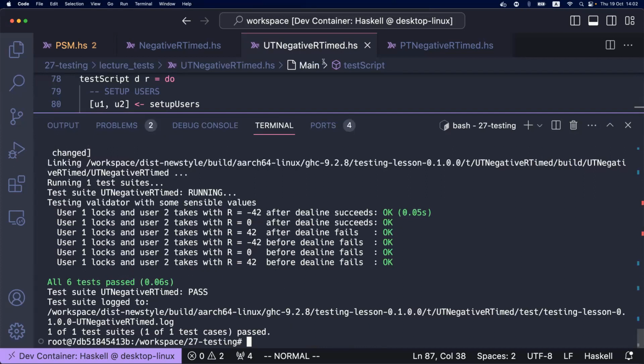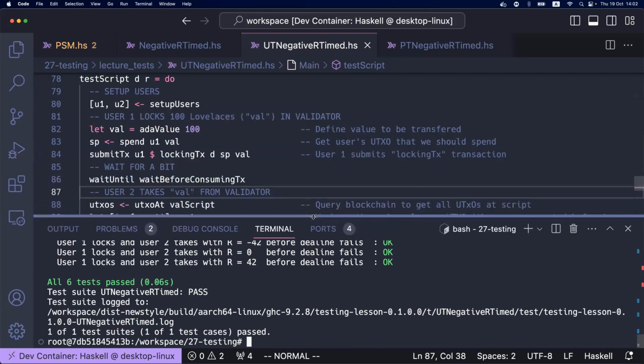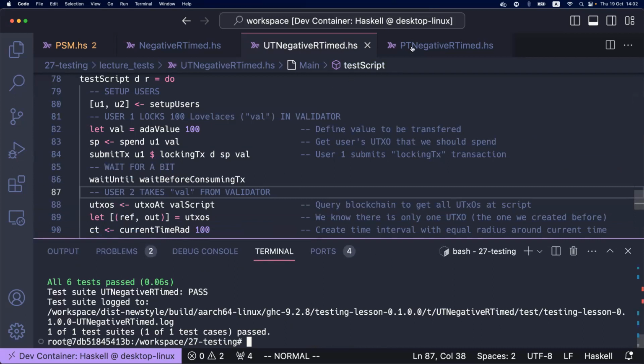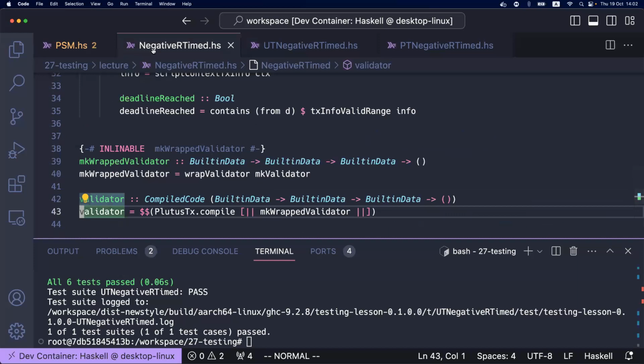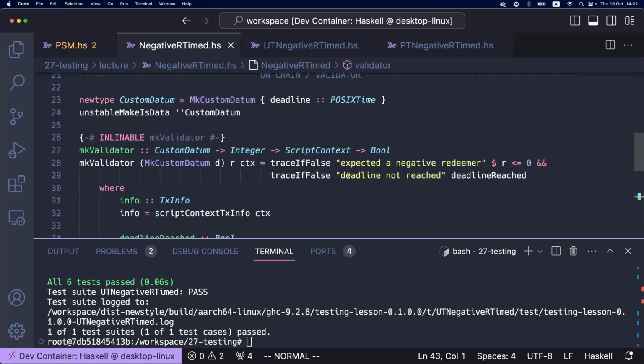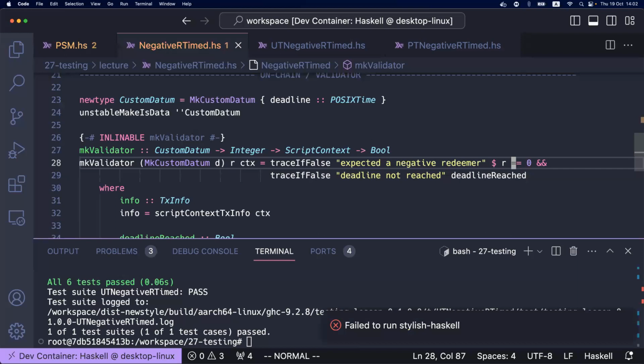Everything passes, wonderful. And just to prove that if something is wrong, we can just, for example, make this equal to 0. And now,